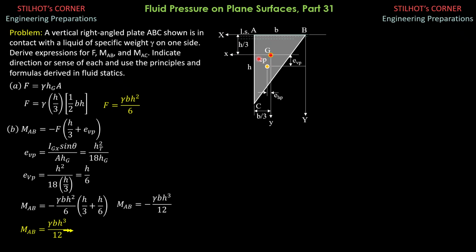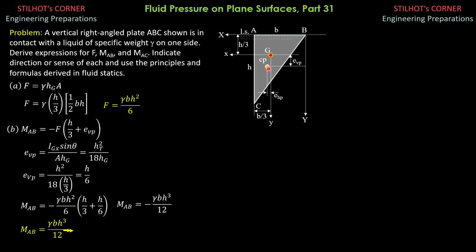So from the figure, if you do right thumb rule, this is the positive direction, like this one, but your right thumb will be pointing in that direction, so it is again negative. So it is equal to negative of F, times this distance, which is B over 3 minus, if this is expected positive because it lies supposedly in the first quadrant. This is the positive x direction. This is the positive y centroidal direction.